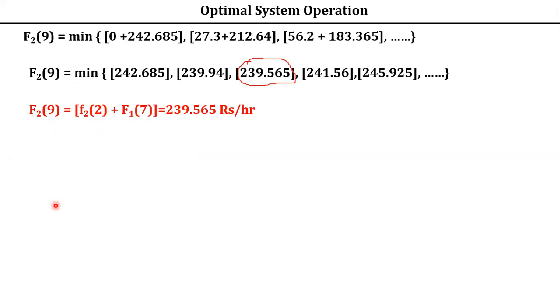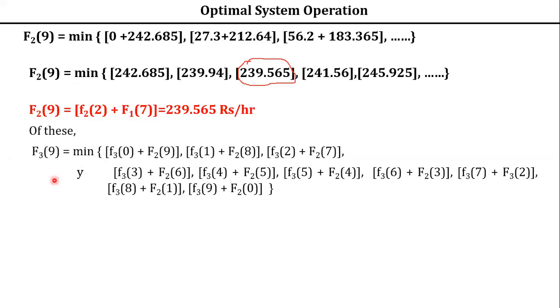So now you see, what is F3? This is how you can write it. F3 of 9 is equal to, you know how to write it. This is 0, and the total load is taken by the second unit. Here n is 3, so what is in the capital F suffix? n minus 1, which means 3 minus 1, that is 2. Now what about the combination of F2 and F1? Already we have done F2 and F1 and got this value. No need to do it again. That is the beauty of dynamic programming.